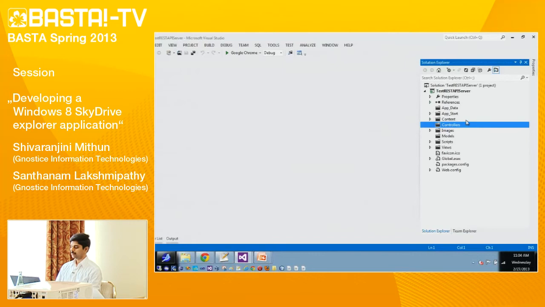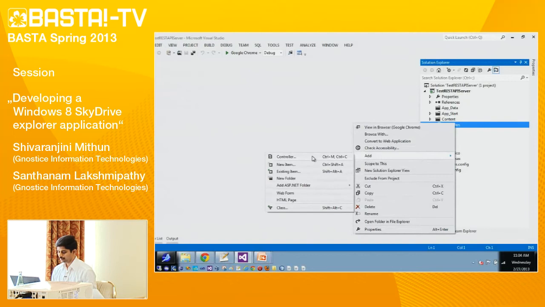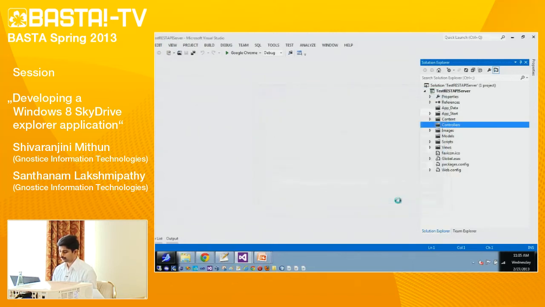And we have seen that REST is based on resources. So every resource on the server requires a controller class to handle all incoming requests such as HTTP POST, HTTP GET requests. So we will add a resource by right clicking on the controller, add and controller. Here our controller is greeting. We'll create an empty API controller here.